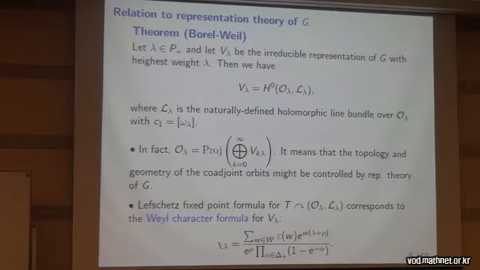In fact, O lambda, our coadjoint orbit as a projective variety, is described in this form, which means that O lambda is a projective variety associated with this graded algebra, where k runs through non-negative integers. k is multiplied to lambda. And this description means that the topology and geometry of the coadjoint orbit might be controlled by representation theory of